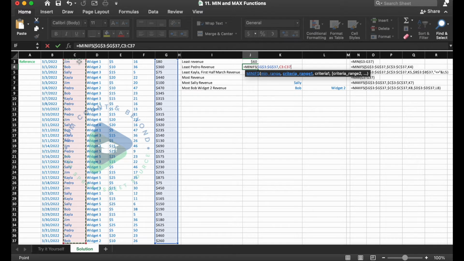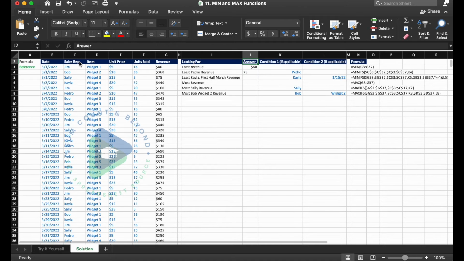So we're going to go to C3 down to C37. We're going to lock that in as well. And then we want our criteria to be Pedro. So we entered Pedro into K4. So we're going to do comma K4. We'll close our parentheses off. And we see 75. So the smallest sale that Pedro made is $75.